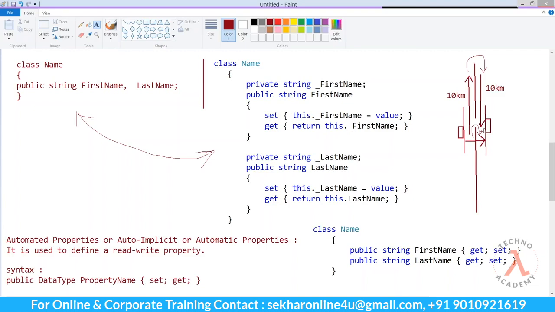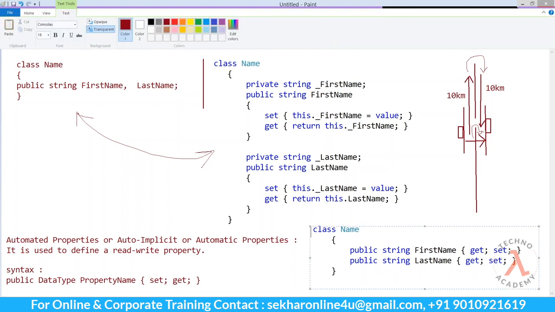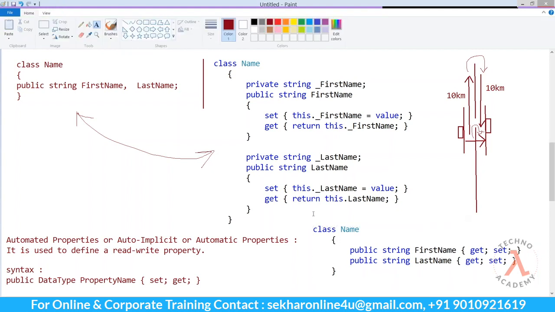So now the developers are happy with this feature, so that whenever we need to define a read-write property, instead of using a full property definition, we can use this feature and still we will be following the rules of object-oriented programming. Just remember that this feature internally creates a backing private field and defines methods to set or get the value from the backing field.